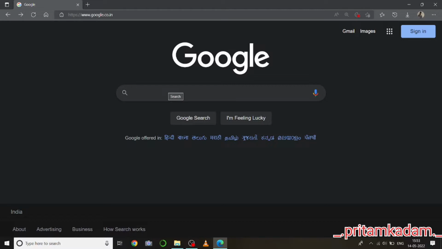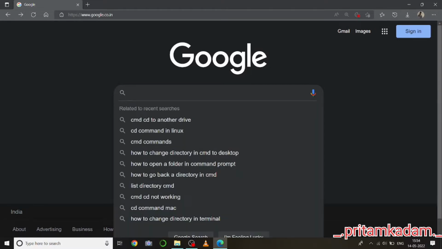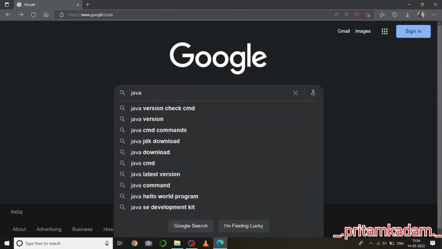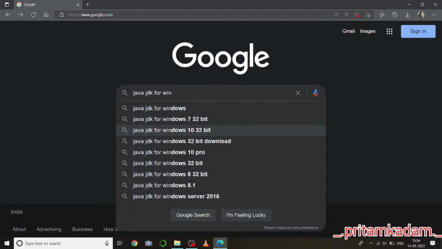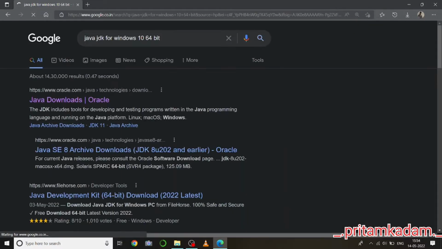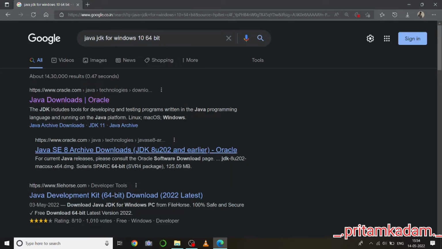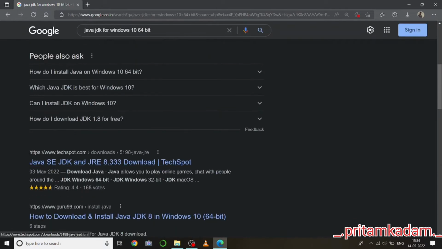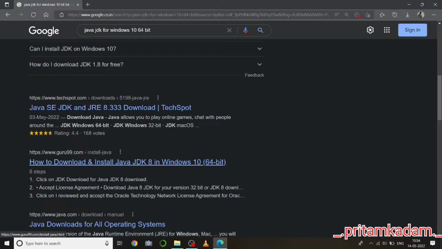Java program. So first of all we will write JDK for Windows 10 64-bit because mine is of 64-bit. Okay. Now select this one,